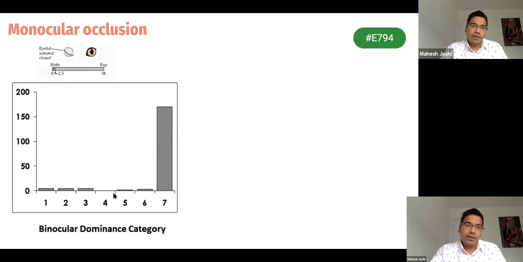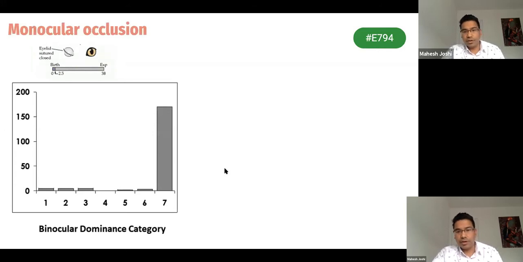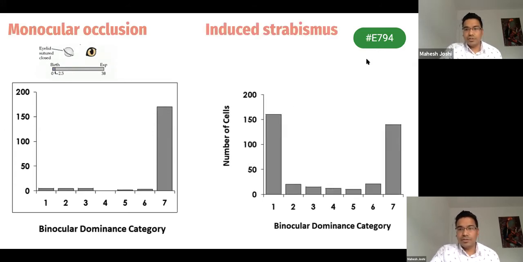So when they occluded, sutured the eyelid of one eye, what they saw was that the primary visual cortex was now dominated by the non-occluded eye only, right? So all the stimulation in primary visual cortex was only coming from the one eye. And when they induced strabismus